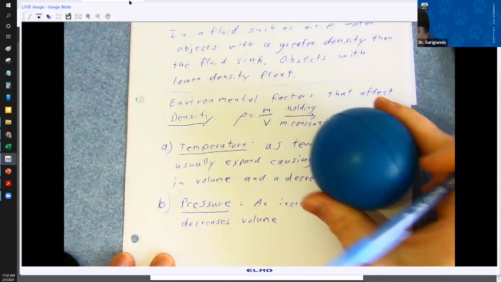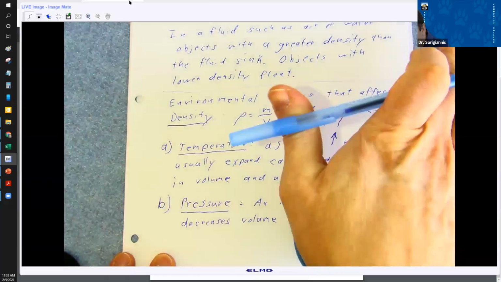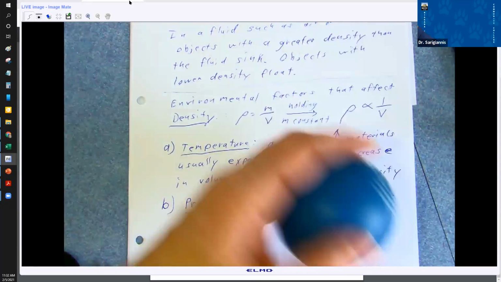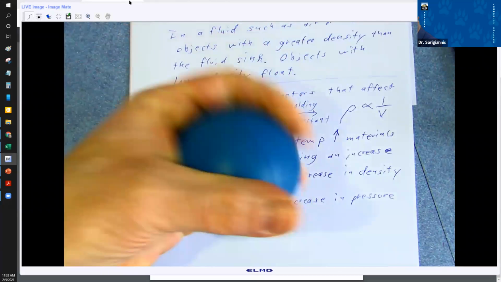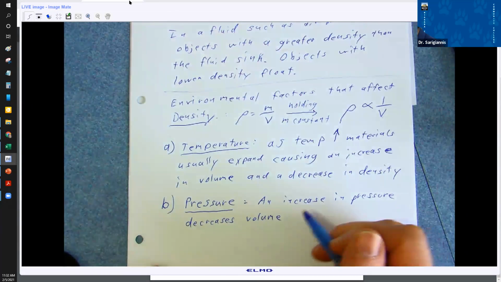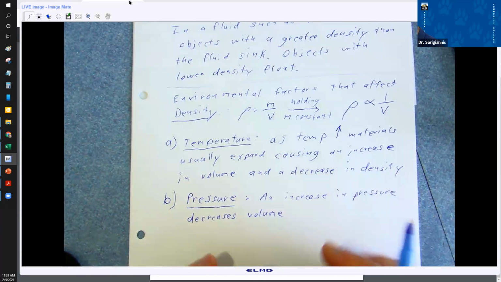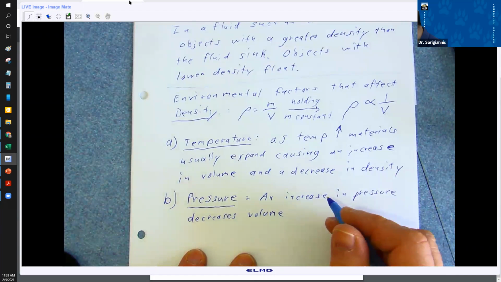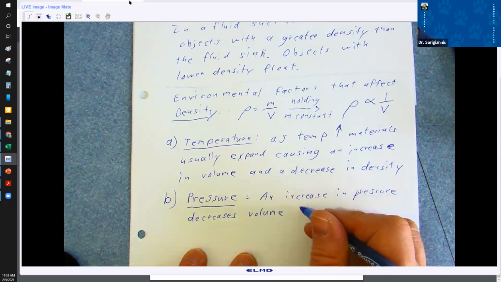This is my stress ball. I'm applying pressure to it. I'm decreasing its volume. Take the snowball, I apply pressure to it, and I make it into a ball and decrease its volume. An increase in pressure decreases volume